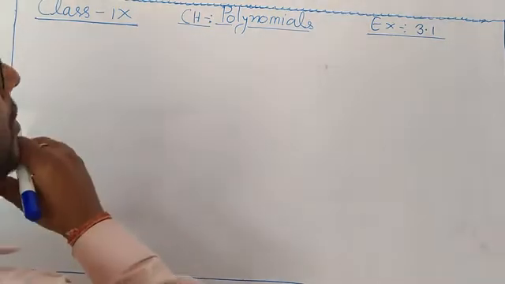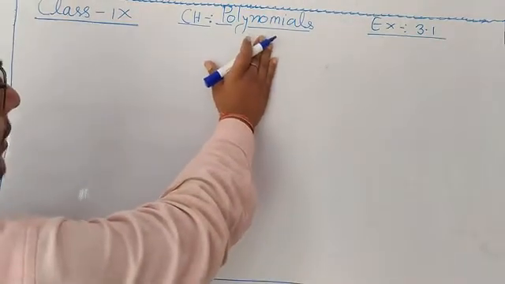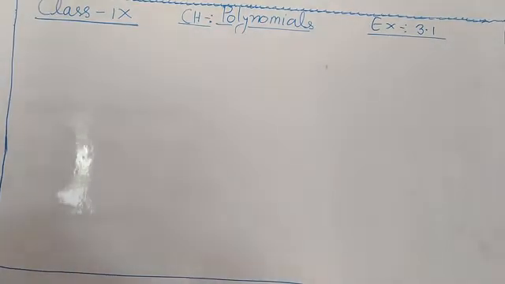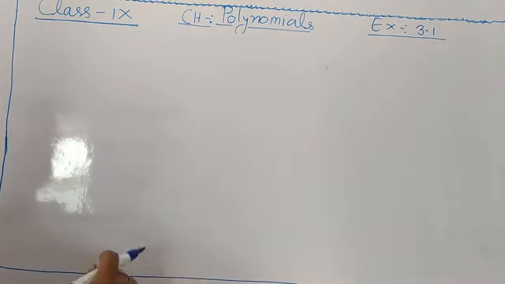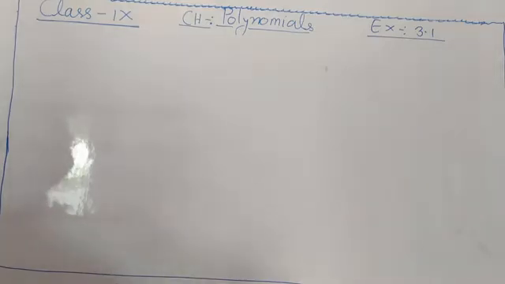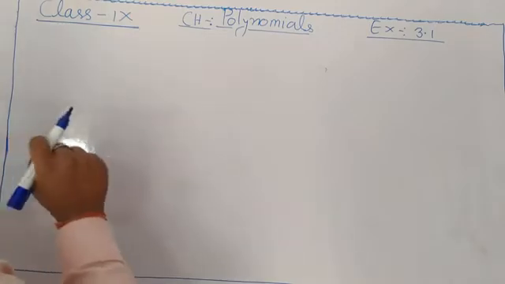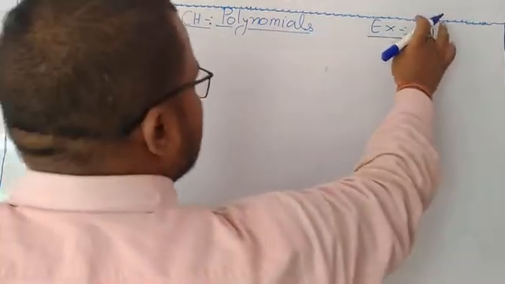Okay student, in the previous video we explained polynomials: what a polynomial is, and how to define the degree and terms of a polynomial. We covered three types by number of terms: monomial, binomial, and trinomial, and by degree: linear, quadratic, and cubic polynomials. The next topic, coefficients, was also explained. So okay student, solve the exercise.